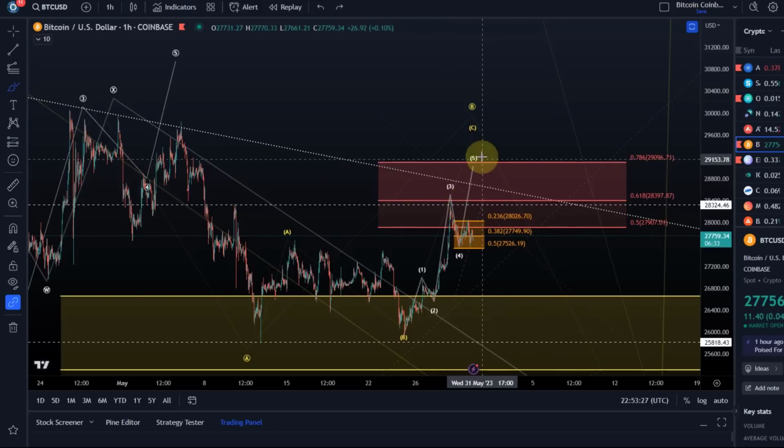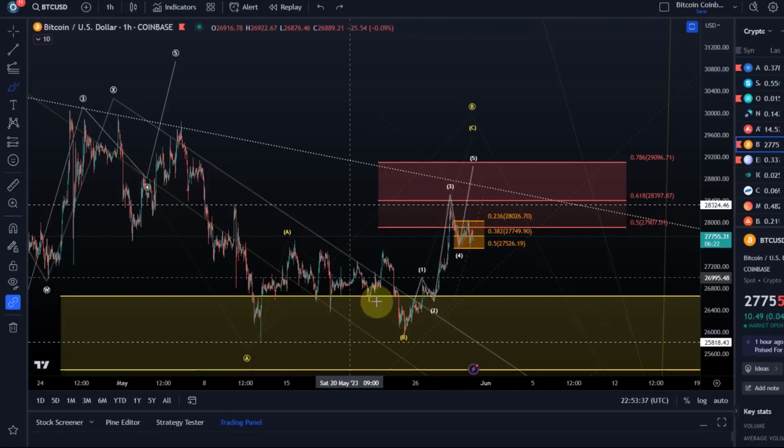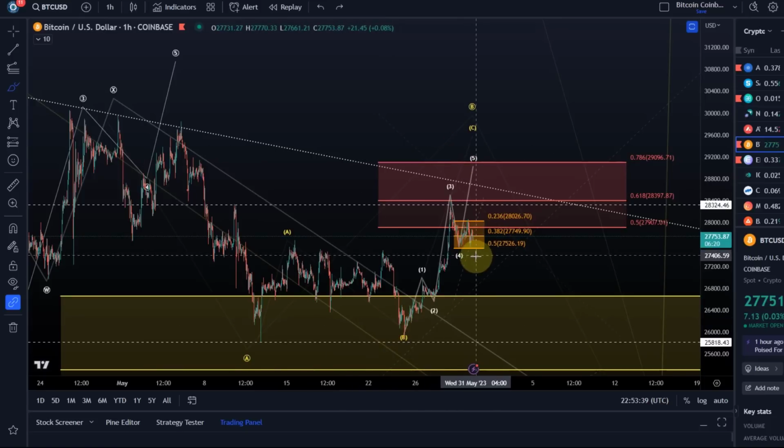It doesn't really get off the ground here. Even if we get one more high, which I think at the moment is still fairly likely, it would not necessarily be bullish. It would simply be a complete-looking ABC structure, because this leg up would just be the 5th wave of the C wave. And the next relevant Fibonacci retracement level is $29,096.